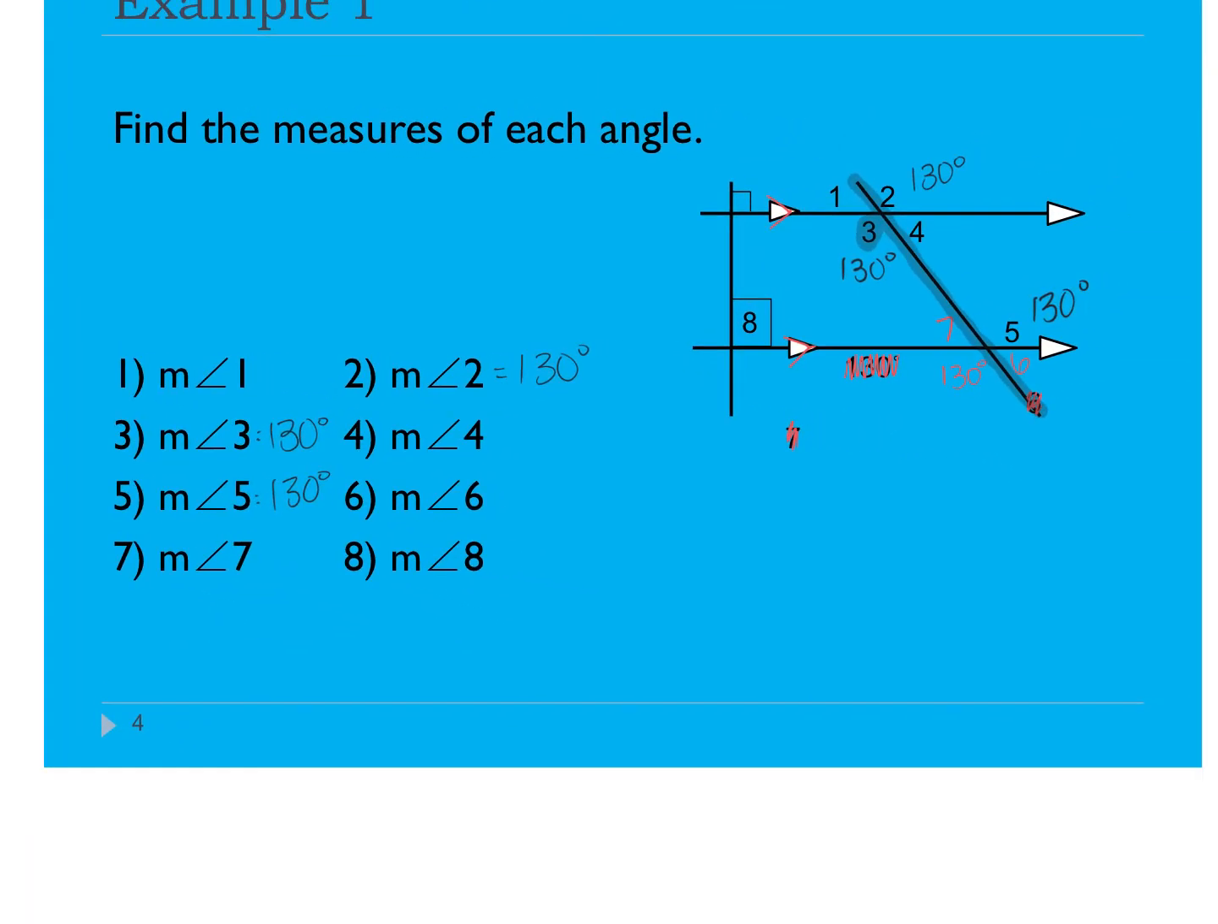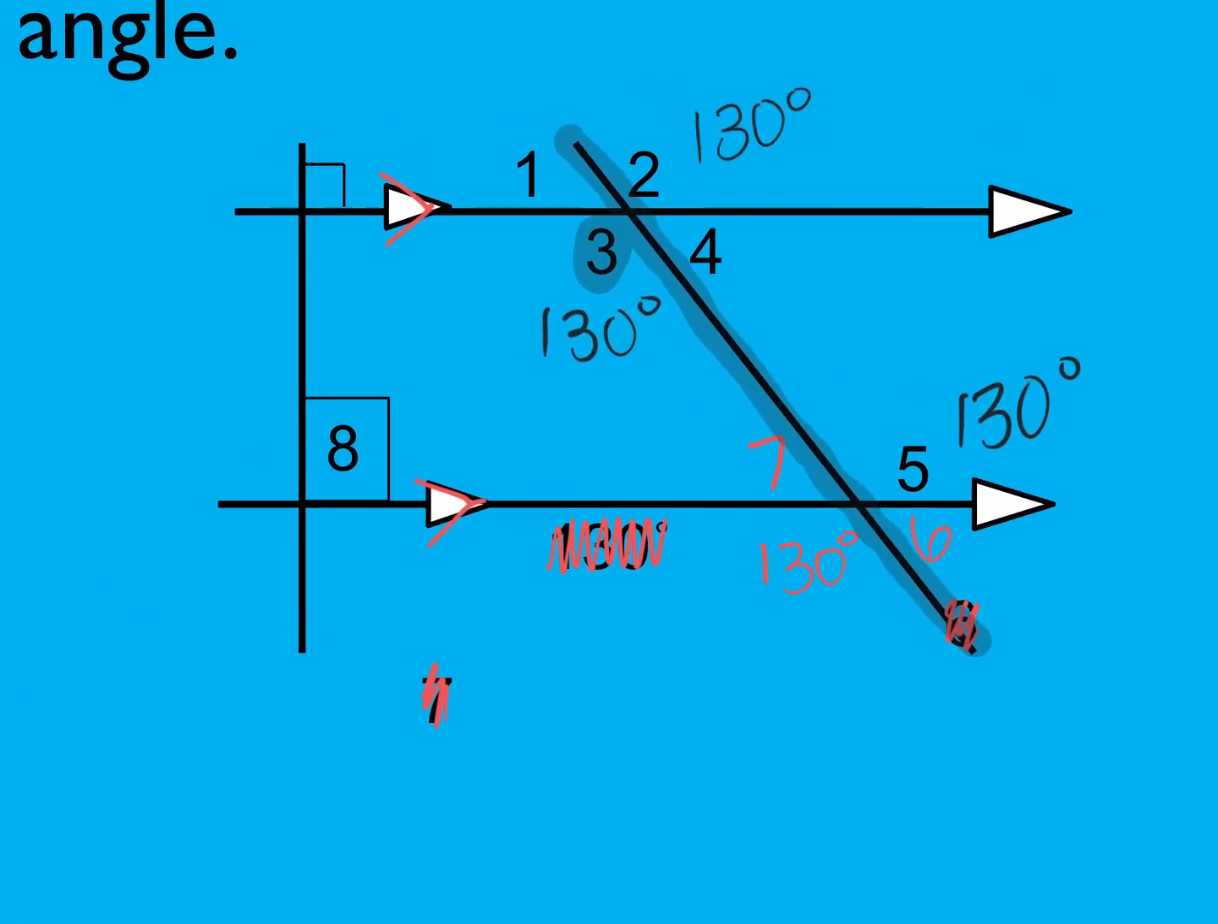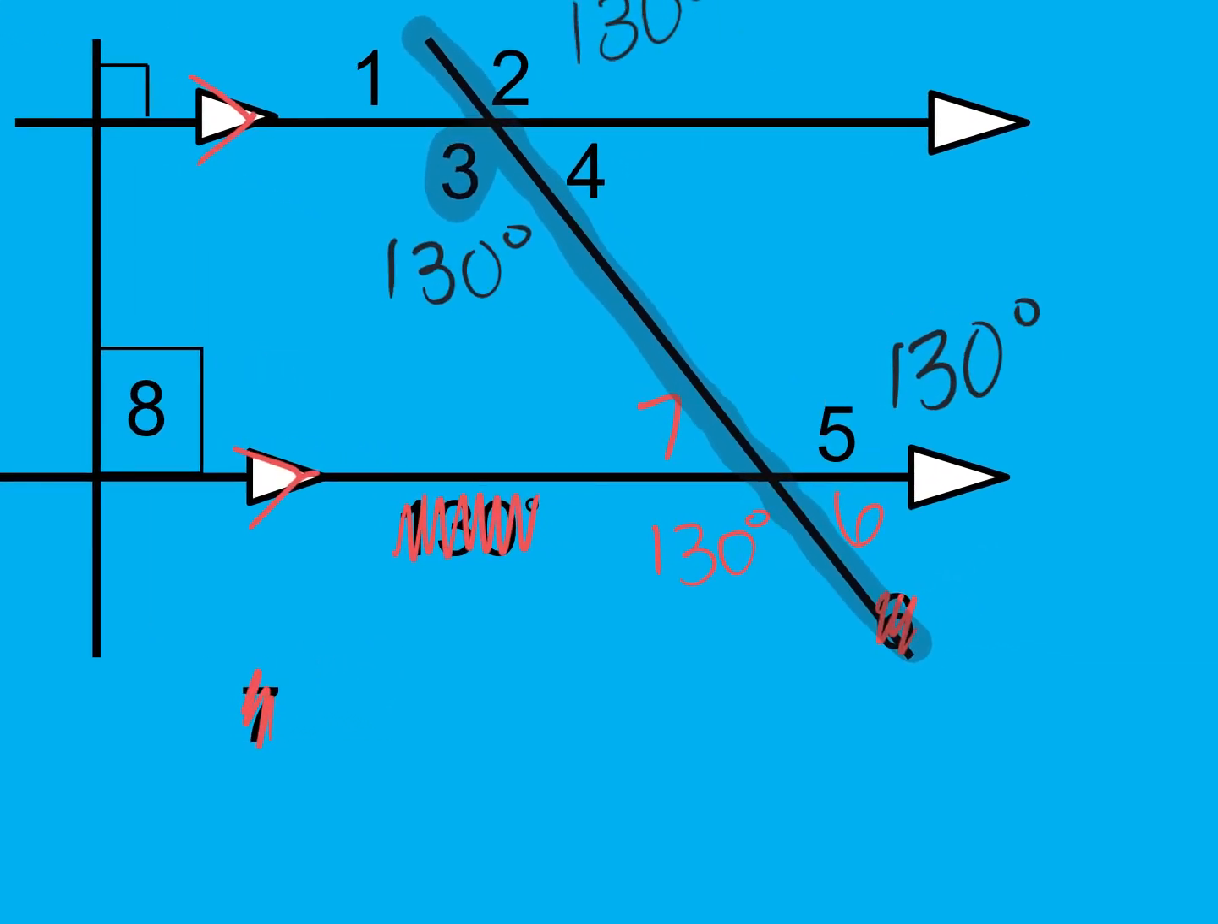Okay. Are there any ideas on how we could figure out any of the other angles? John? You could subtract 130 from 180. Why? Because it's a line. Which one? Okay, you're absolutely right. But which angle are you looking at right now? Okay, so angle 5, you can subtract 130 from 180, and you could get angle